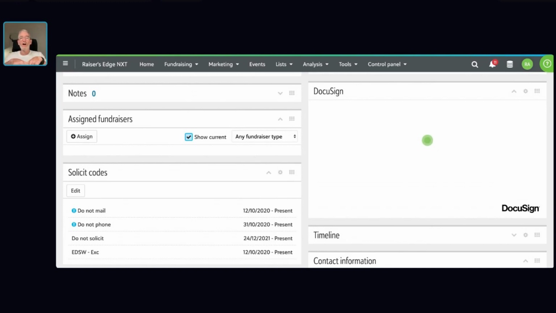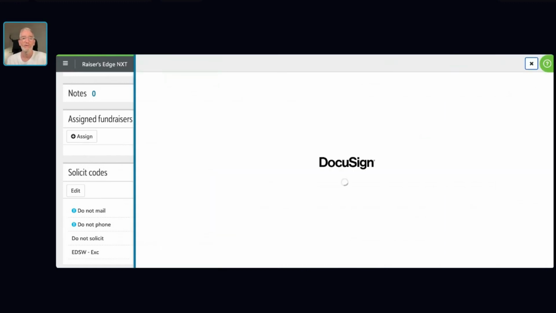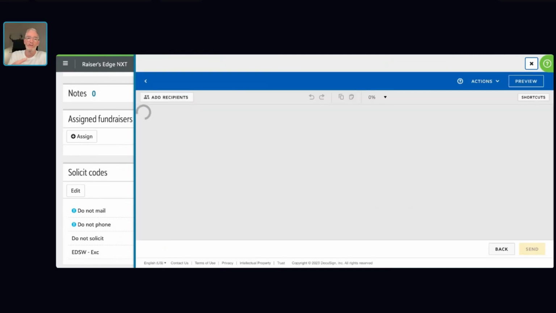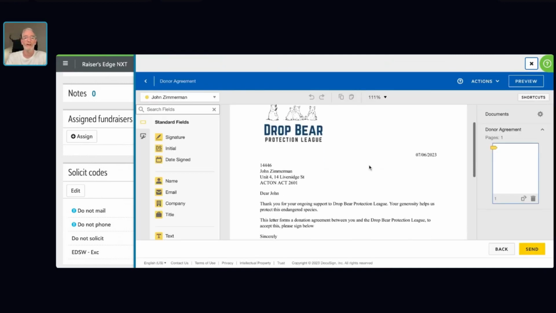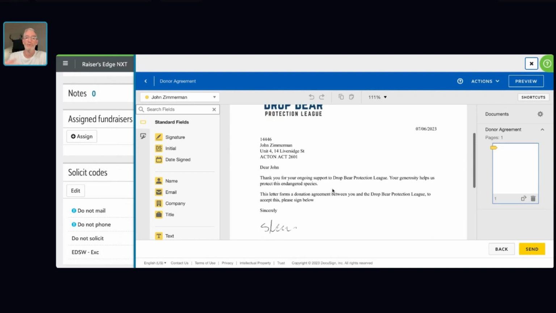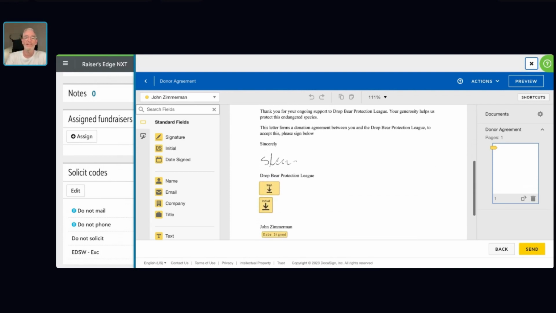It just makes the whole thing run inside of NXT. So here you've got DocuSign flying in, and then what you've got here is the letter set up, which is all done by Letterbox. You've got this letter that's personalized, and then down here you've got